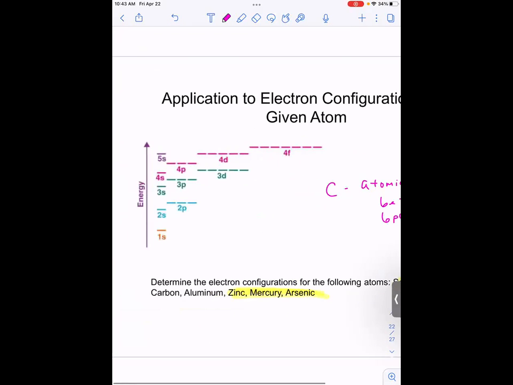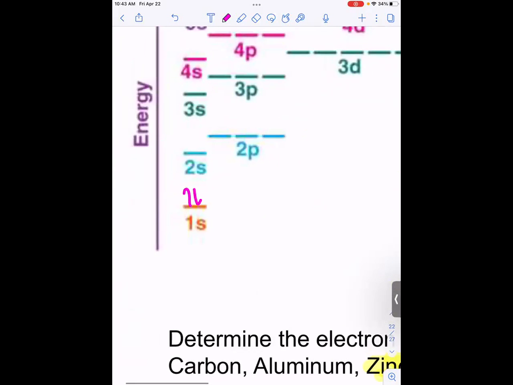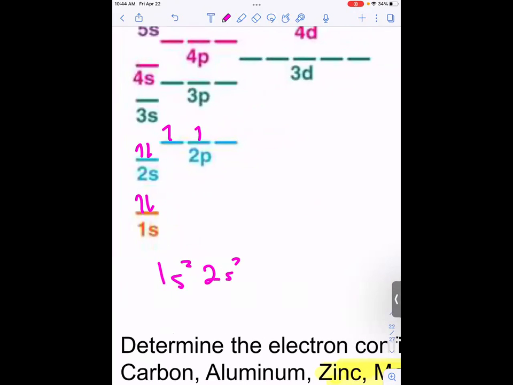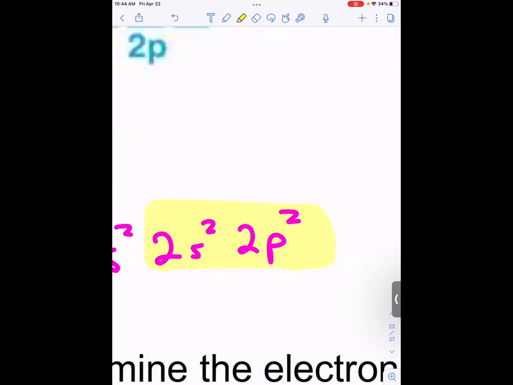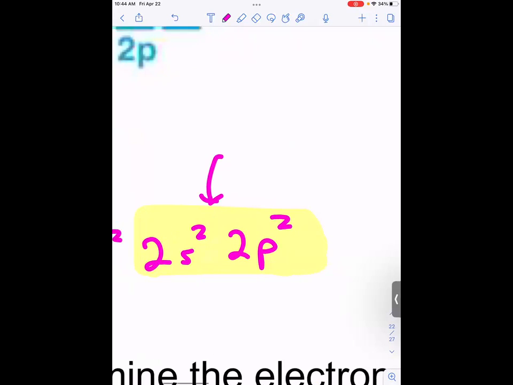Right, so let's put that in. 2 here, 2 here, that's 4. Is that right? And then 2 here. Right, so it's 1s2, 2s2, 2p2. This is what makes carbon interesting. Because, and I'll share this about carbon since I teach organic as my main subject, right? These 4 valence electrons